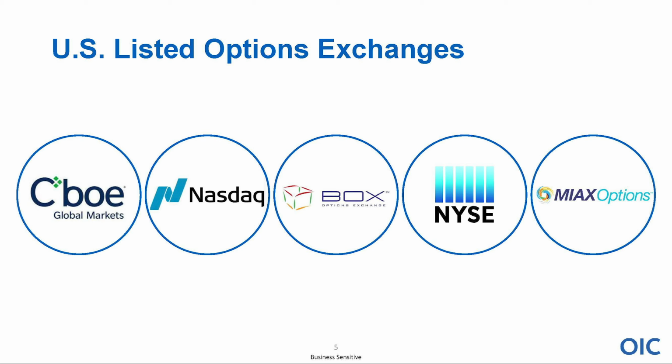Also, investors may not realize these exchanges are deciding which stocks will get options contracts, because of course not all stocks do. And when that decision is made to go ahead and list options, a further decision is made: what expiration months are listed, and there's a general guideline for how the exchanges make that decision, also what strike prices to list. And as you trade options, flipping from one symbol to the next, you'll notice that they could look a little different depending on what the symbol is.